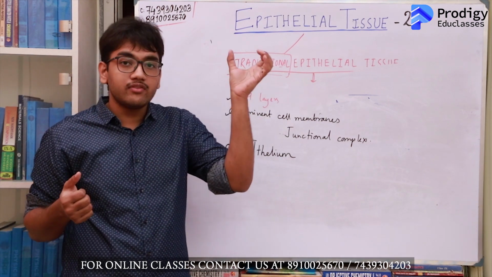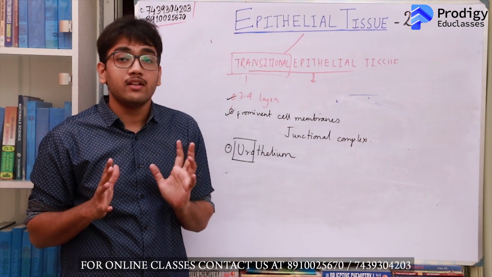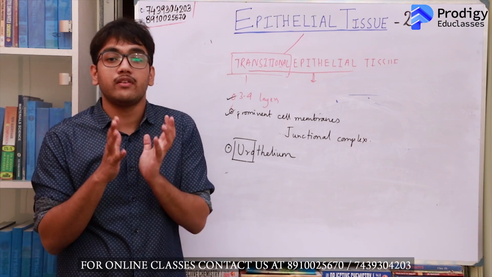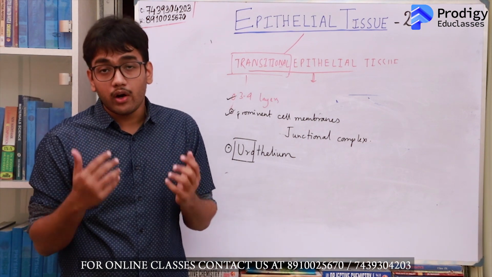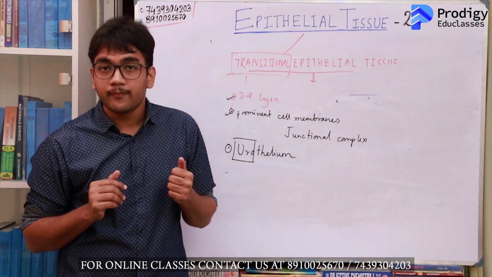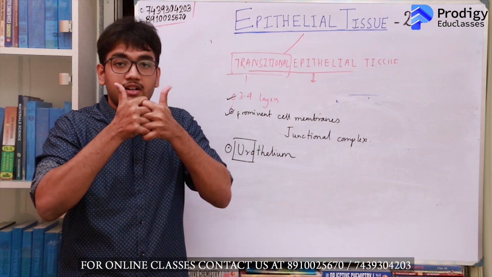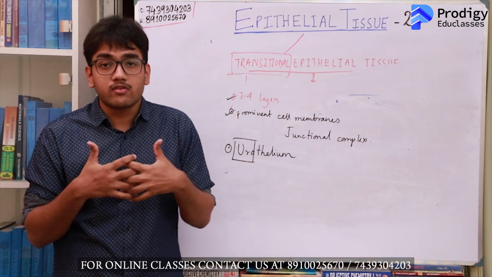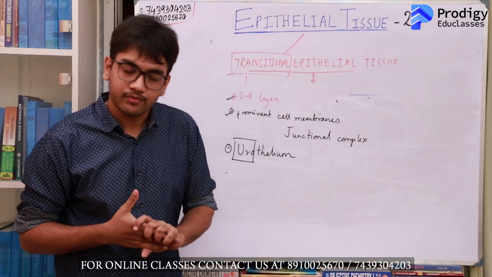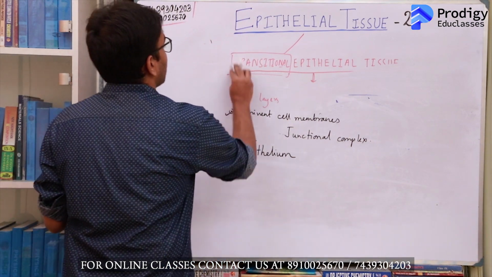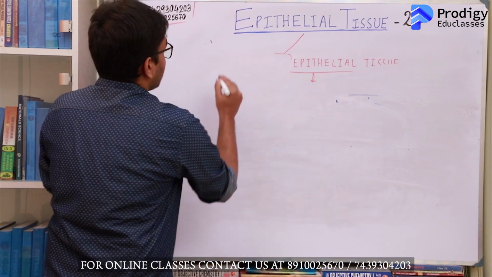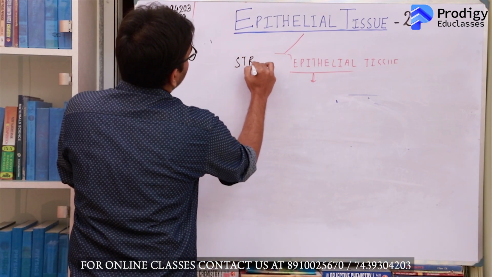Now if you look at the lumen of the ureter and the urinary bladder, you will find that urine is present. Now all of the excretory toxic substances are present in the urine. So we would not want the urine to percolate from the lumen into the intercellular matrix. Hence, we ensured the presence of tight adhesions between the apical transitional epithelial cells to keep the luminal substances confined to the lumen. Okay, so this is all you need to know about transitional epithelial tissue. This is not really very important. Next, we'll come to stratified epithelial tissue.